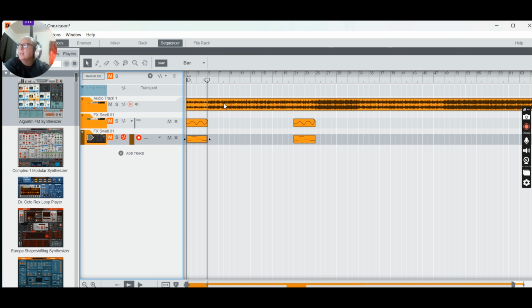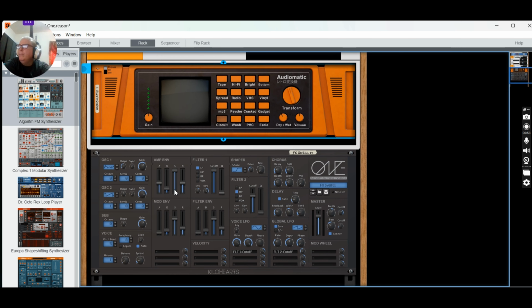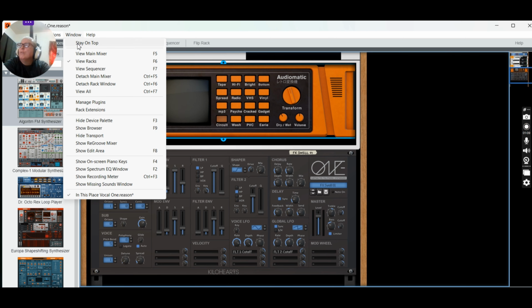So that's pretty much that. And I want to spice it up a bit and add another texture to it. I went and added a synth, which is the Synth 1. It's an RE synth that you can get off the Propellerhead website. I bought this a long time ago. It's one of my favorite synths. I use this a lot. So I have that, and I drew in